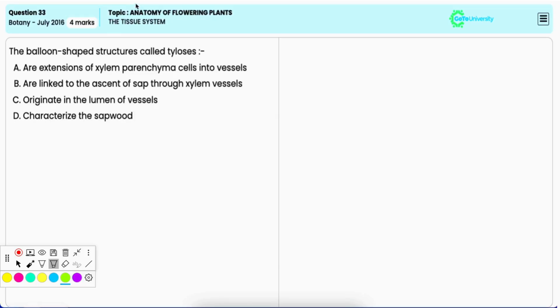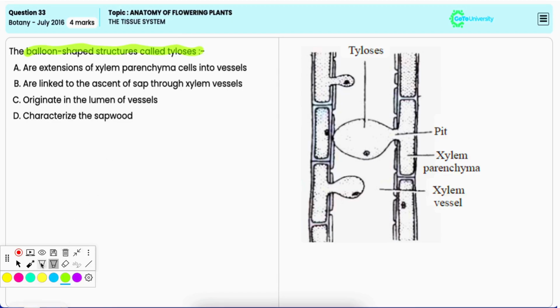In this question, you have to identify the statement that is true regarding the balloon-shaped structure called tylosis. Option A: extensions of xylem parenchyma cells into vessels. Now, tyloses are balloon-shaped outgrowths of the xylem parenchyma cells that extend into the lumen of the xylem vessels, and